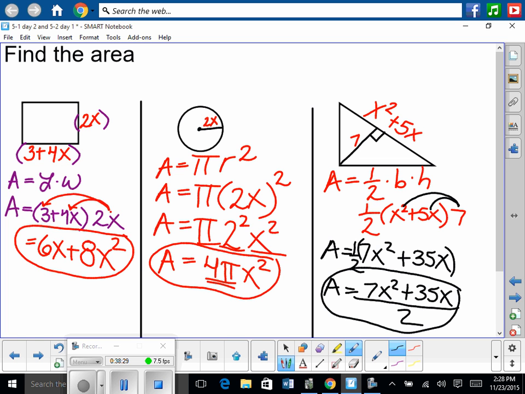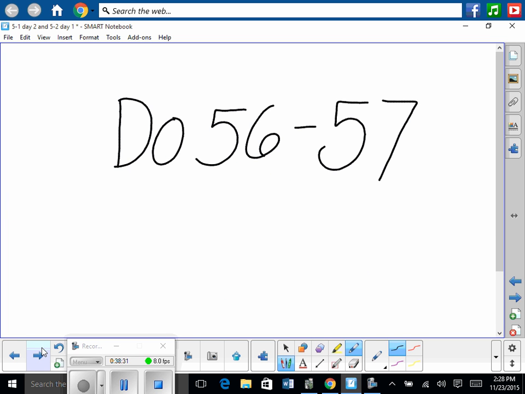Okay, awesome. So now do problems 56 and 57. Those are the last 2 required of you on the worksheet. It's due at the end of the hour. Oh my gosh, do I have an extra day since I was gone? So if you were gone, you'll have to